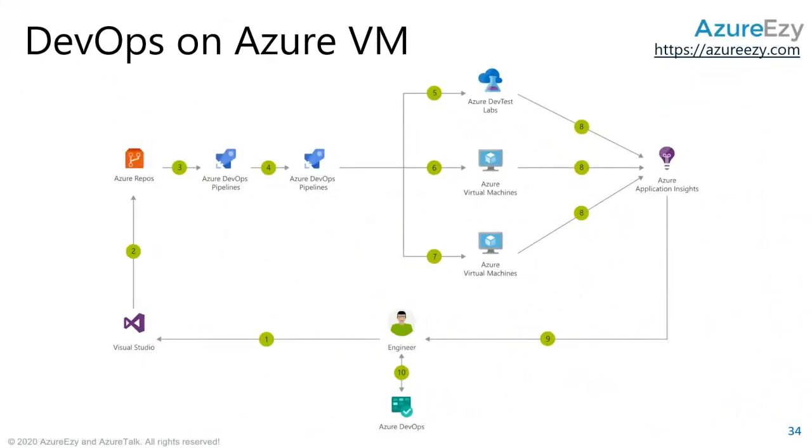Now, as soon as you have the virtual machine, as a developer, you don't really have to worry about managing that. You can automate the overall deployment of your solution using one of the examples we are showing on the screen, without going into the complications of files and folders, or virtual machines and all those things that typically infrastructure engineers do. This is where the magic happens from the cloud point of view: you can automate the entire workflow using some of the services we have listed here. Azure DevOps, you have been already using Visual Studio, so you can do the complete DevOps on a virtual machine, and you just take care of your code.